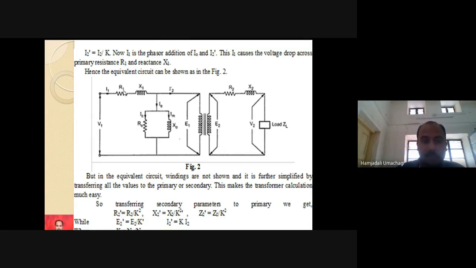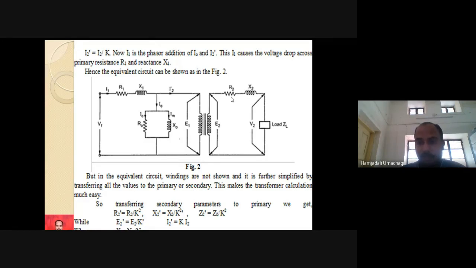Because I have transferred all primary circuit parameters to the secondary side, this R1 will become R1 dash, X1 will become X1 dash, I1 will become I1 dash, this will become I0 dash. Similarly the remaining parameters. Now you tell me the value of R1 dash. Earlier it was divided by K square, but when I'm moving things from primary to secondary, instead of dividing by K square, it has to be multiplied by K square. Earlier it was R2 by K square, X2 by K square, E2 by K, V2 by K, ZL by K square, then I2 into K. But now, in reverse order, wherever division was there, now apply multiplication. Wherever multiplication was there, I have to divide.